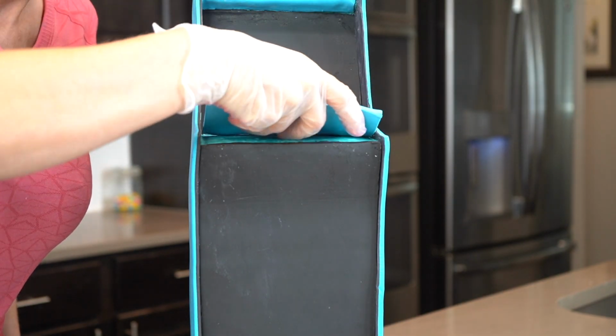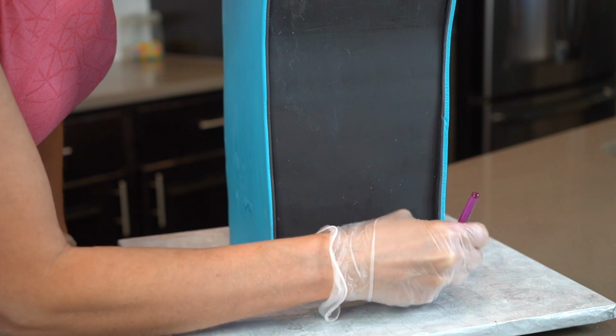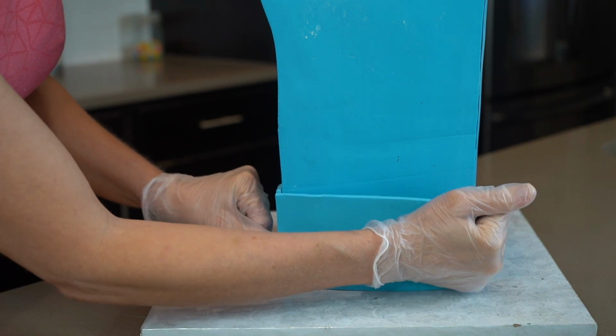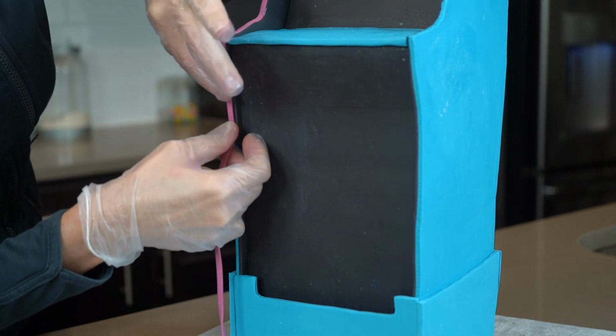Next, I have cut out a rectangle piece of modeling chocolate, and I am sliding that into place, and this will be the control panel. The Arcade 1-Up cabinets are sitting in risers, so that's what I'm adding here. And I am also adding a purple trim around all the edges of the cake, and this trim was made